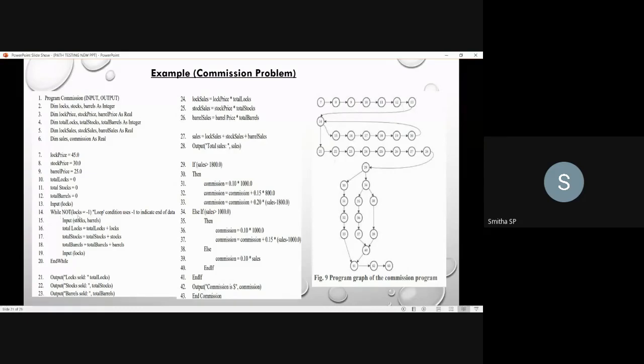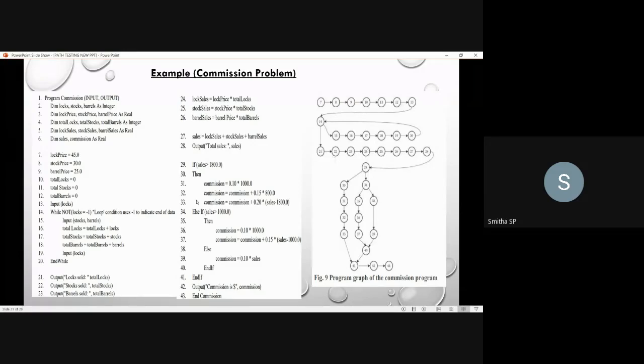If the logs value is not equal to -1, you have a control flow from 14th to 15th. If the logs value equals -1, then from the 14th line you come to the 21st line. So there is a control flow from the 14th node to both. You have represented this control flow from 14th to 15th, and again from 14th to 21st node. From 15th to 20th there is a sequence flow, so you have represented it as a control sequence.